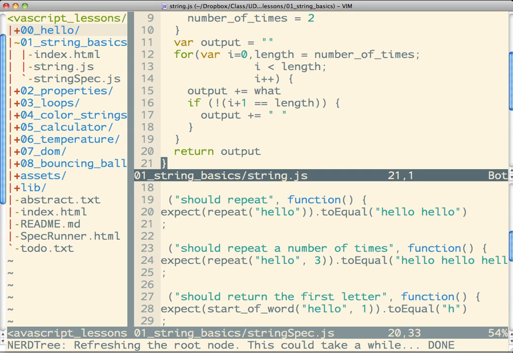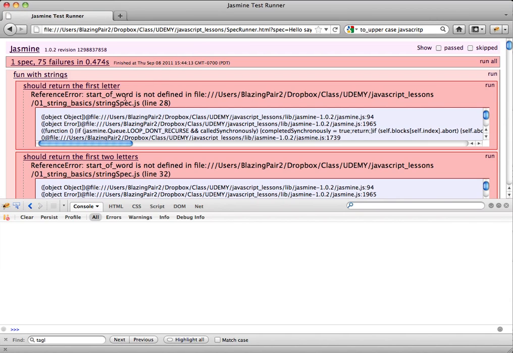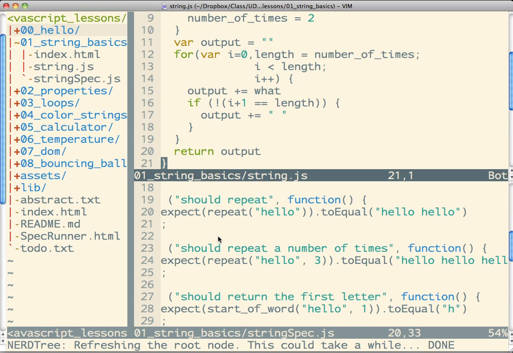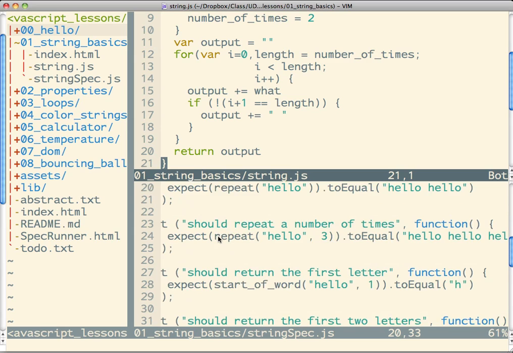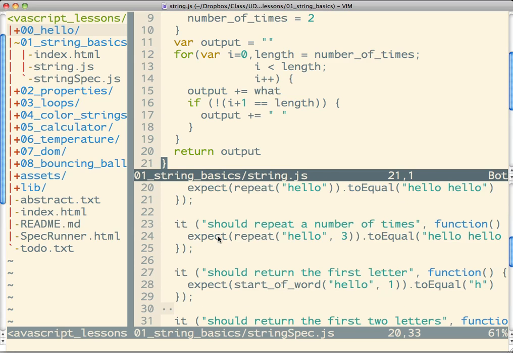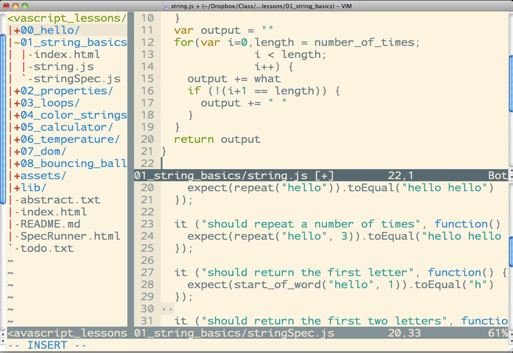So the next thing is start of word. Start of word. Okay. I'm going to take a little break and come back to this one. So this will be part 1 of strings, and then part 2